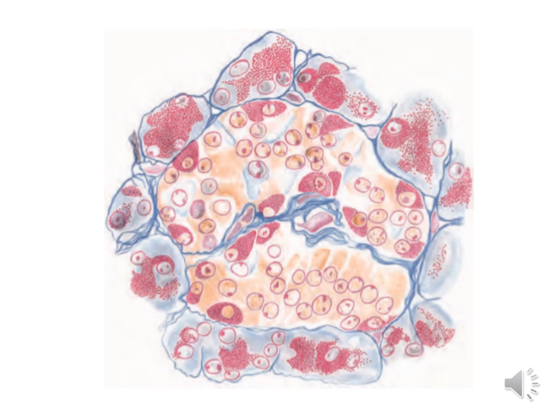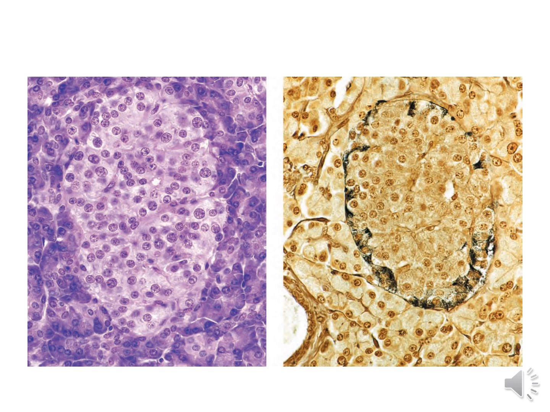The cytoplasmic granules can be seen by special stains or by electron microscopic examination. Depending upon the morphology, size and distribution of the cytoplasmic granules, the pancreatic islet cells are classified into 4 types. You can see here a special stain which is staining the granules in the cytoplasm of these cells.